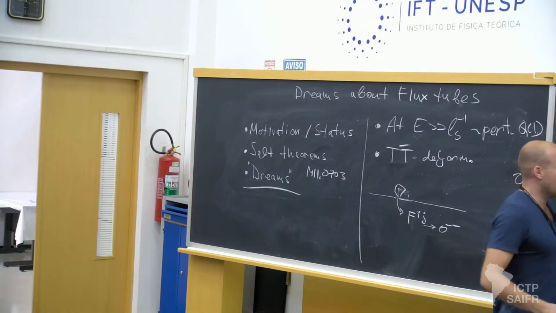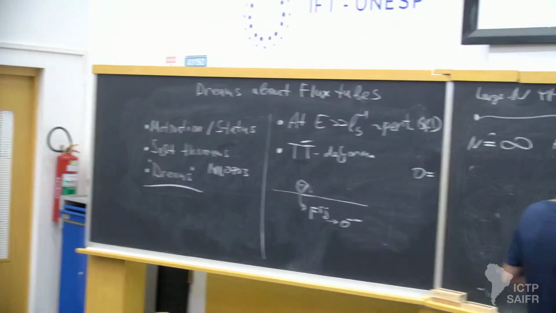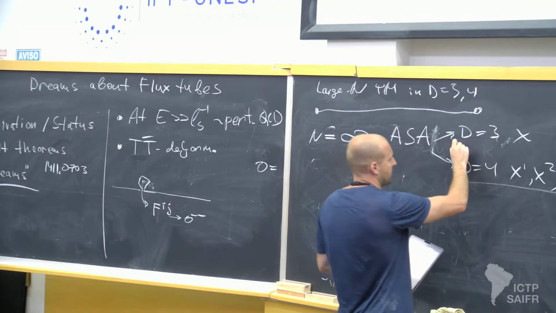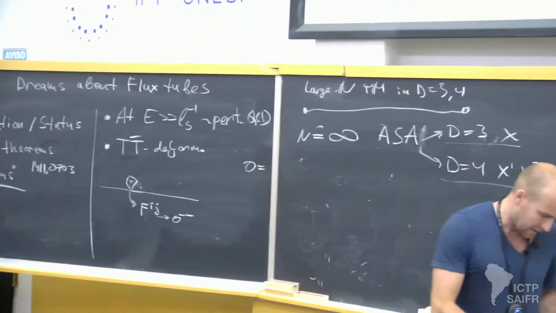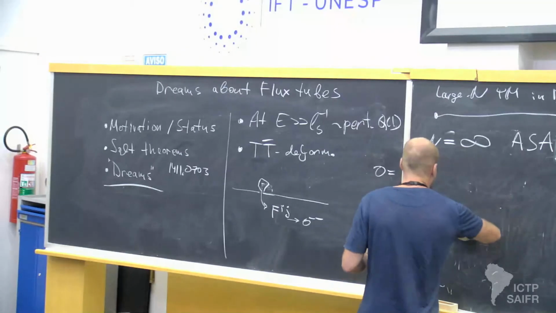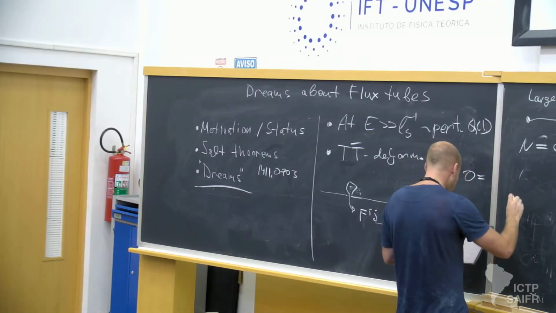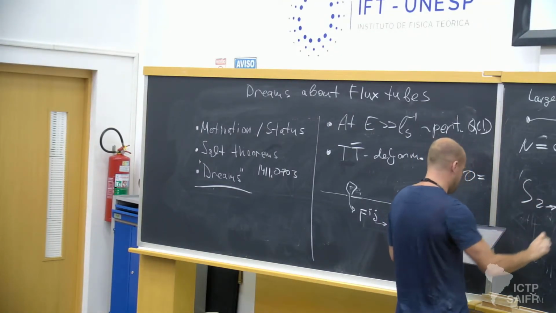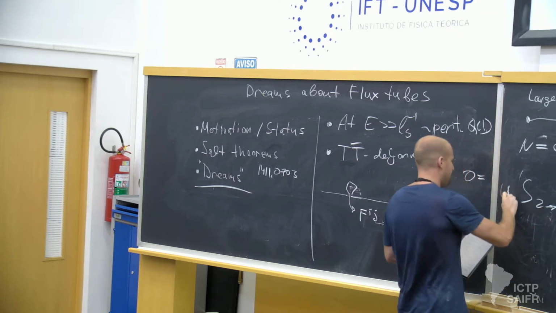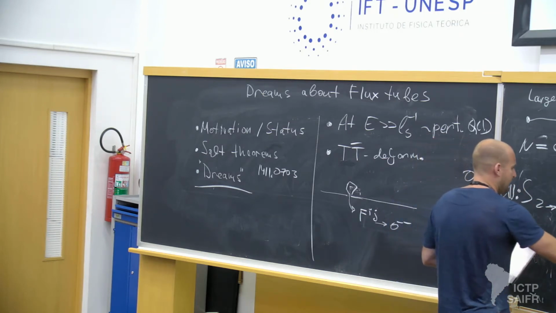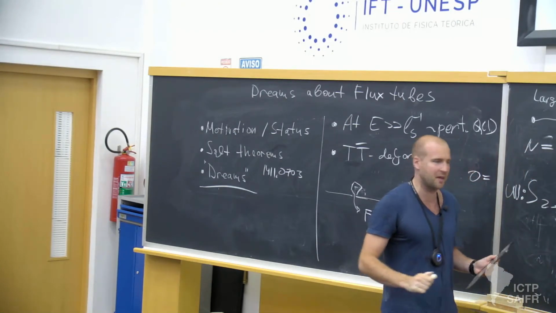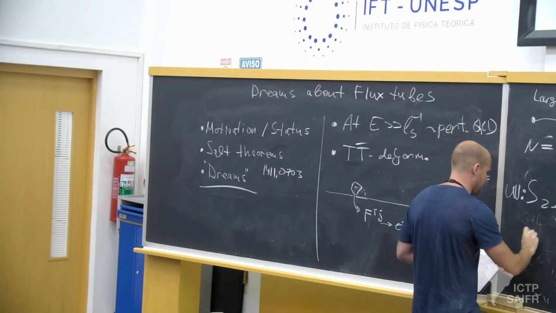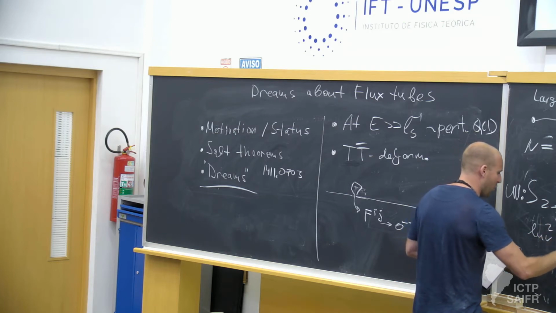And now we know that the theory in D equals 4 is non-integrable. We also know from lattice data that in D equals 3 the theory is non-integrable. And well, we know something. We have a conjecture about the UV behavior. So we say that, for example, the 2 to 2 S matrix in the UV behaves like e to the i s L_UV squared, which is some sort of UV string tension. And from dispersion arguments, you can say that this L_UV squared is smaller than